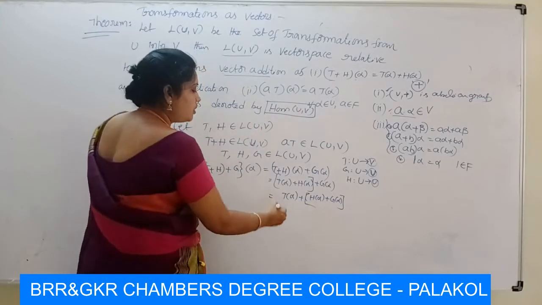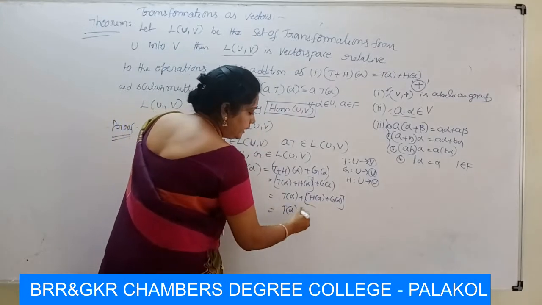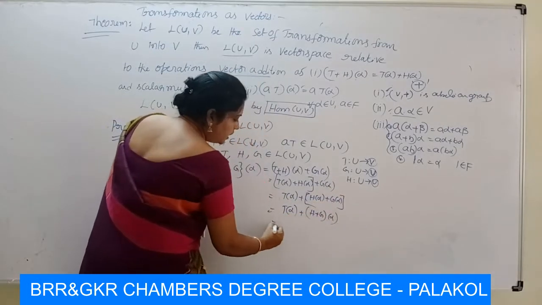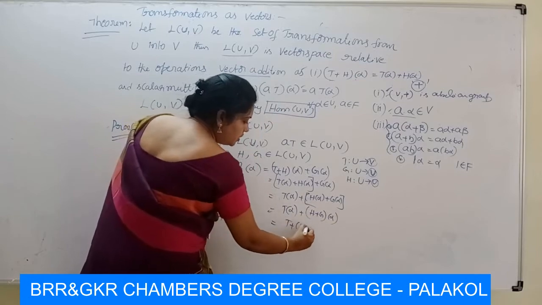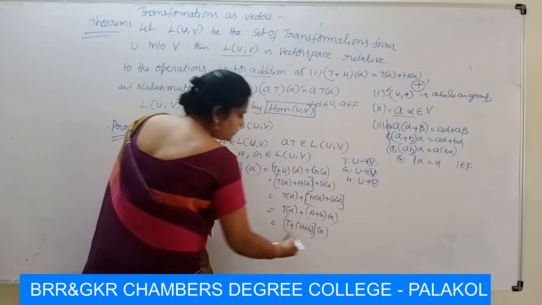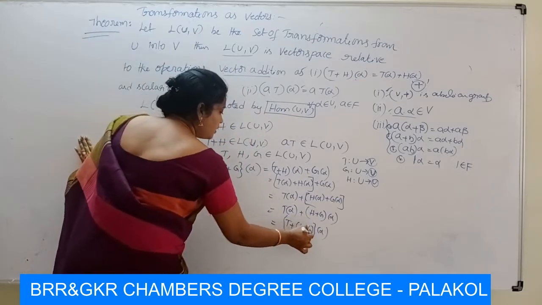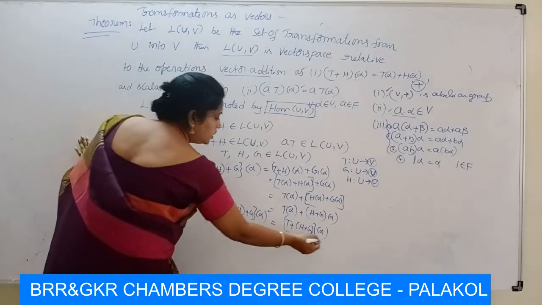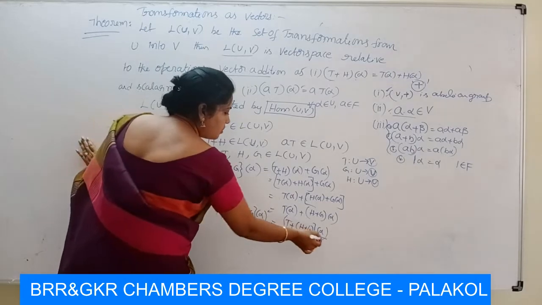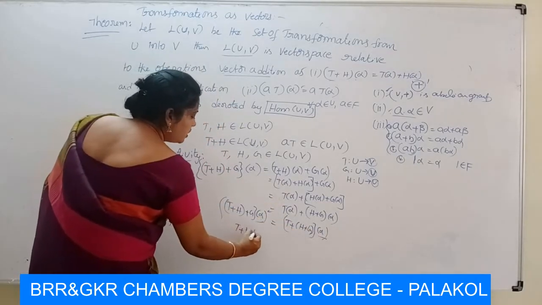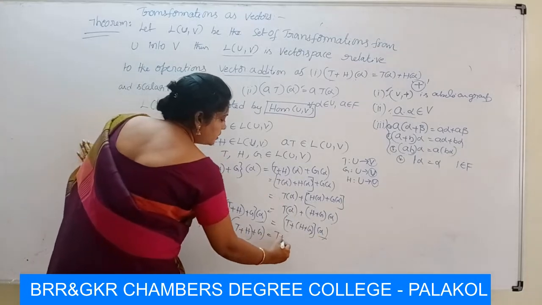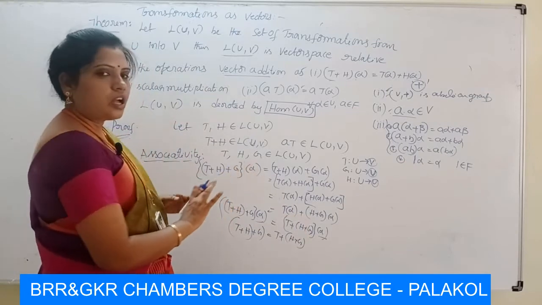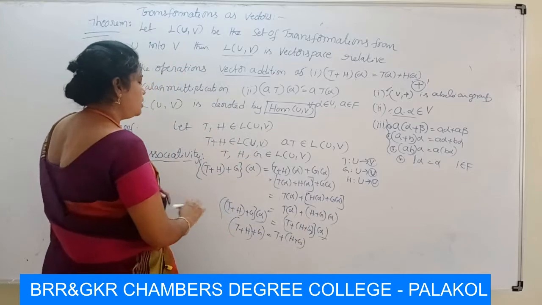That is the associative law. Again, modifying this property, that is the sum of the transformations H plus G of alpha, again the sum of the transformations T plus H plus G of alpha. So the left side is T plus H plus G of alpha, and here alpha is the same arbitrary element. Therefore T plus H plus G is equal to T plus H plus G. So here the transformations are associative. Therefore the associative law holds in